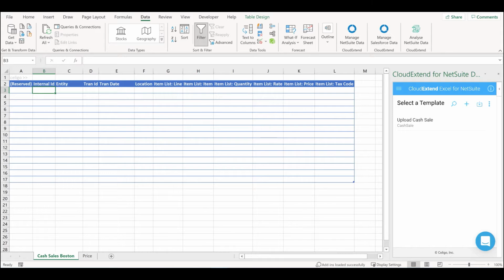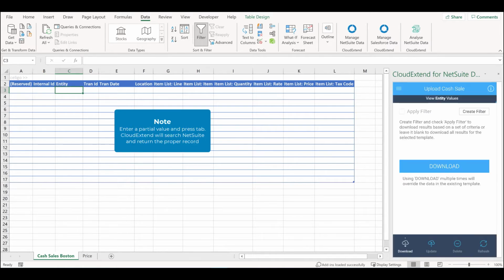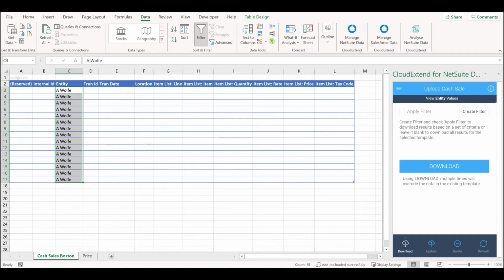So now that we have a better understanding of what fields are required, we can start uploading a new cash sale record with CloudExtend. First, we're going to go to the entity field and we're going to add a wolf. And once we add a wolf to that cell, we're going to repeat a wolf throughout the rows. Next, we're going to add the Boston location to the header location field column and make sure you repeat